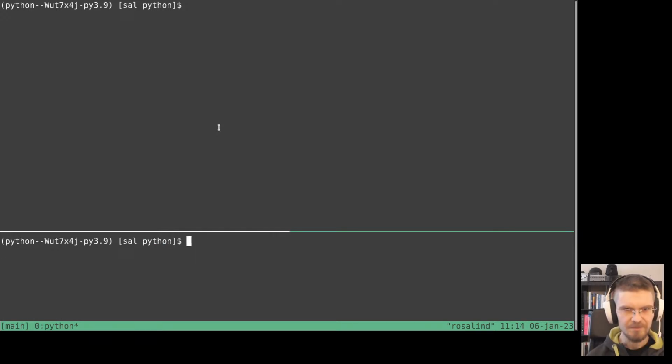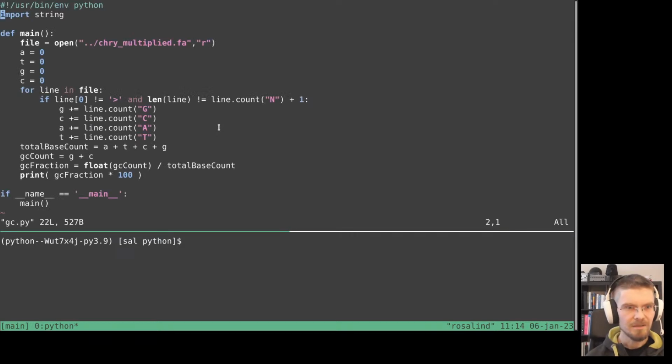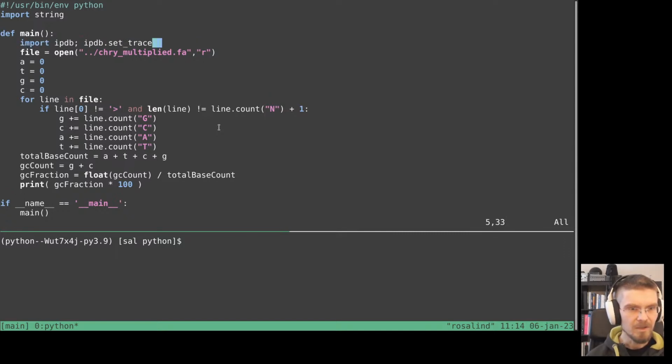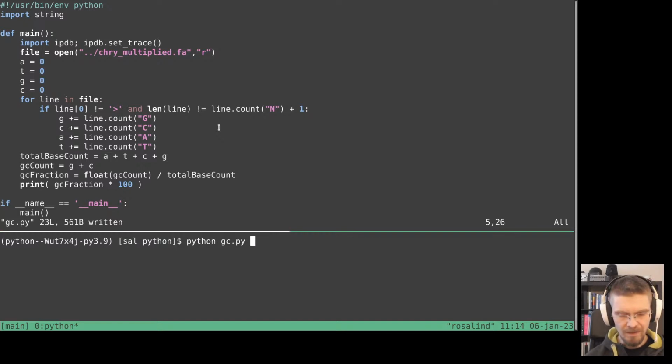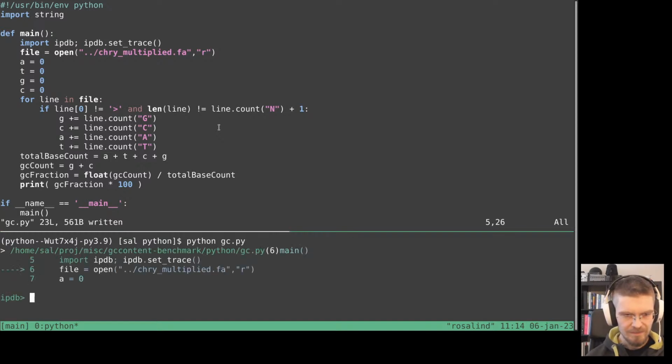So anyway, I open the file, and I'm going to have a shortcut for that in my editor. You do import ipdb; ipdb.set_trace(). Then as soon as you run the script, you will drop into the ipdb console, and we can try that. And that is exactly what happens after this line, import ipdb, you drop